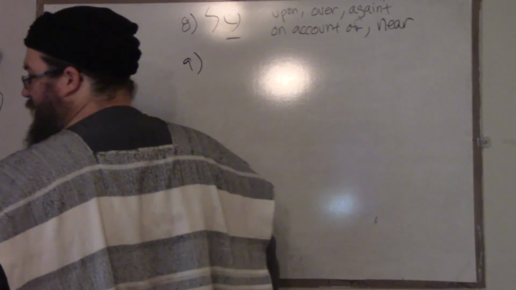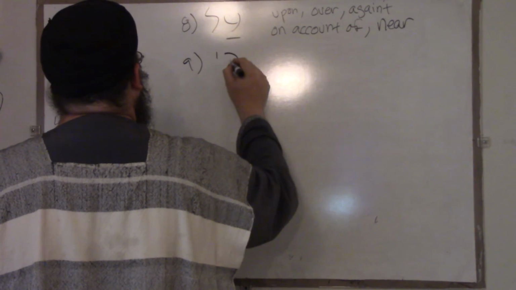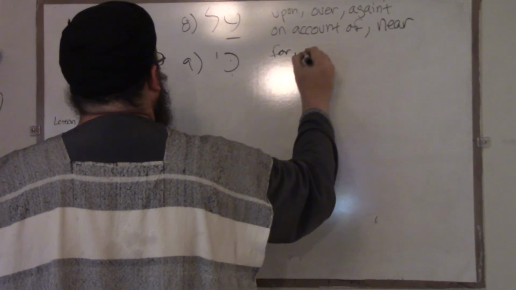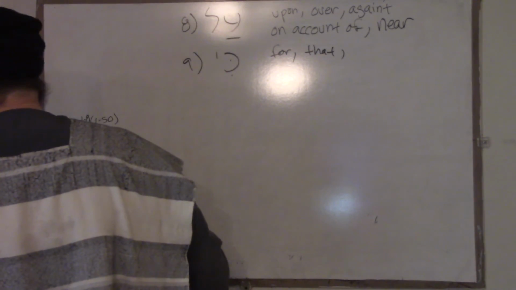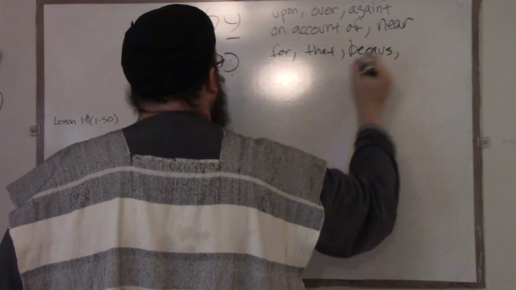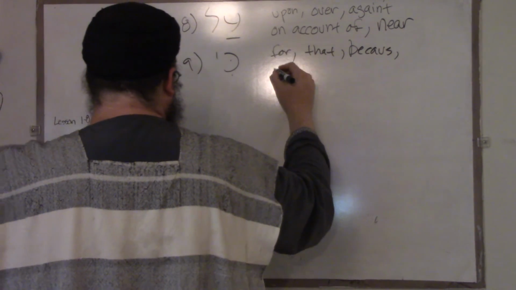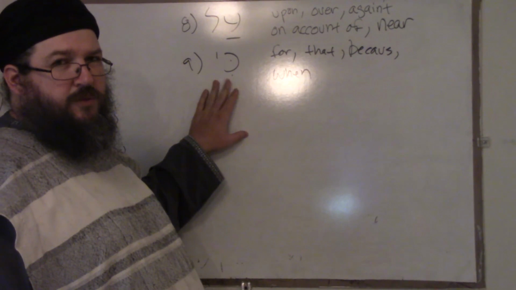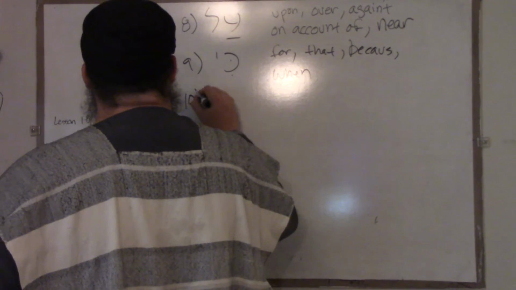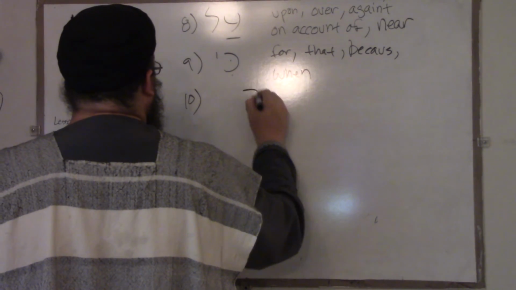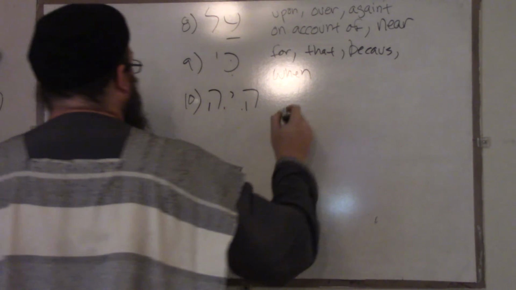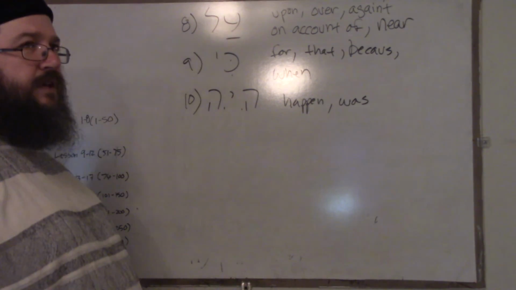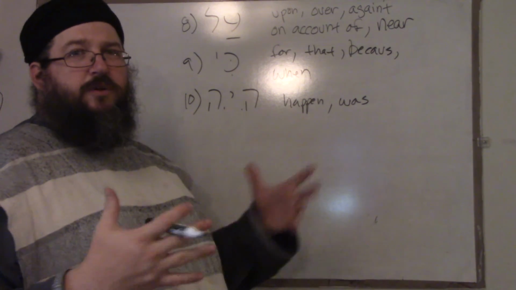Number 9, we're going to be utilizing this next one, which is key. Okay, key, this is a conjunction that can mean for, that, because, when. Whenever we see when, we're going to see this in front of future verbs when we're talking about using the concept of when. 10. Next we have the root hey, yud, hey, which is to be like to happen, was. This is the Hebrew way of saying was, had been, will be, but this is not